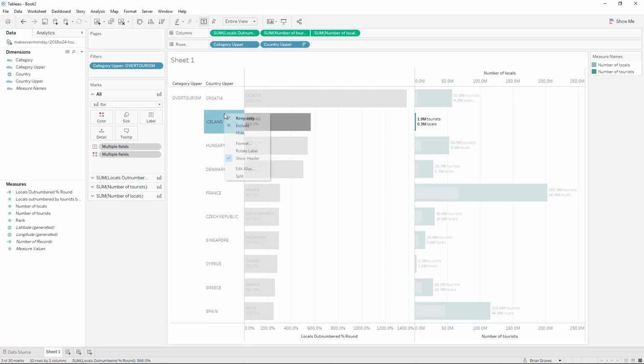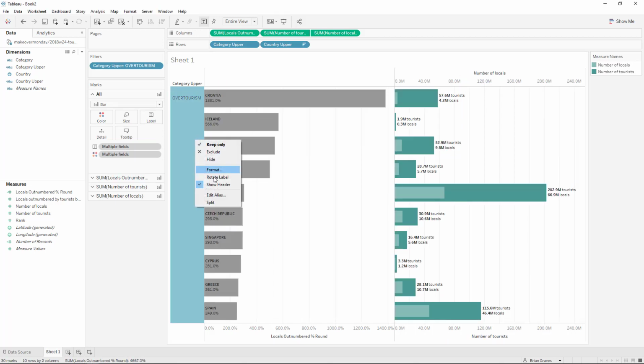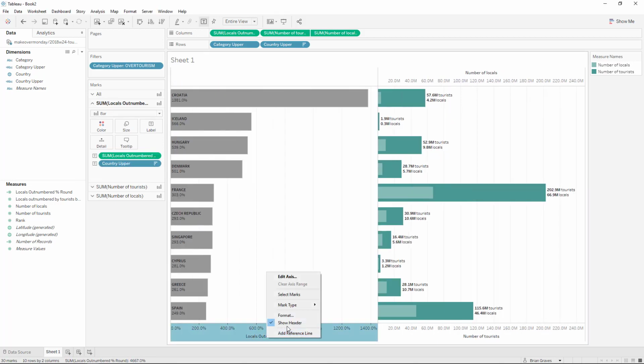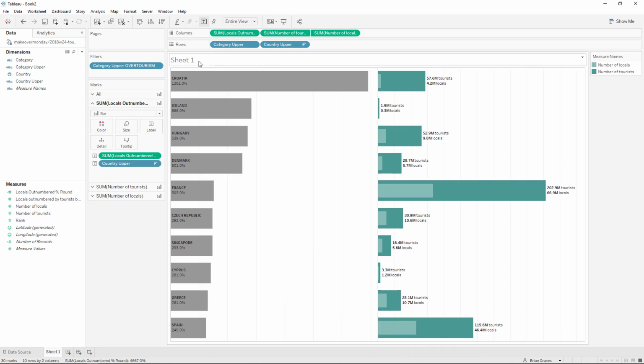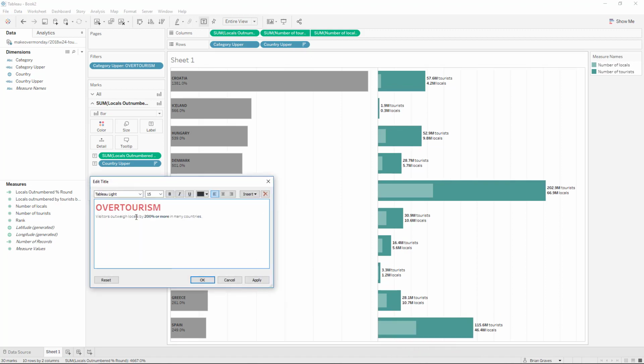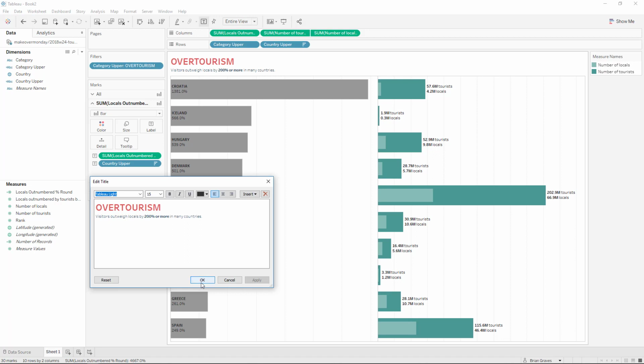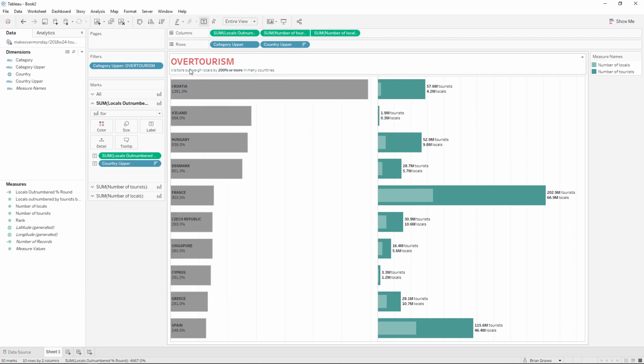Okay, the last thing I'm going to do here is hide some of the labels and headers that we just don't need. And we're also going to update the sheet name here so that we have our nice title with a small description there. Okay, so that's pretty much it for our over tourism. Let's go ahead and label this,